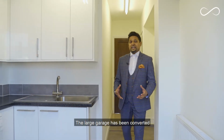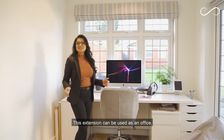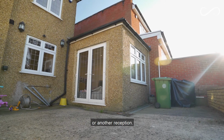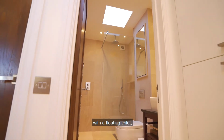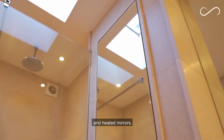The large garage has been converted to a useful utility room. This extension can be used as an office, a playroom, or another reception. In addition, the property benefits from a downstairs bathroom with a floating toilet, clever storage, and heated mirrors, all surrounded